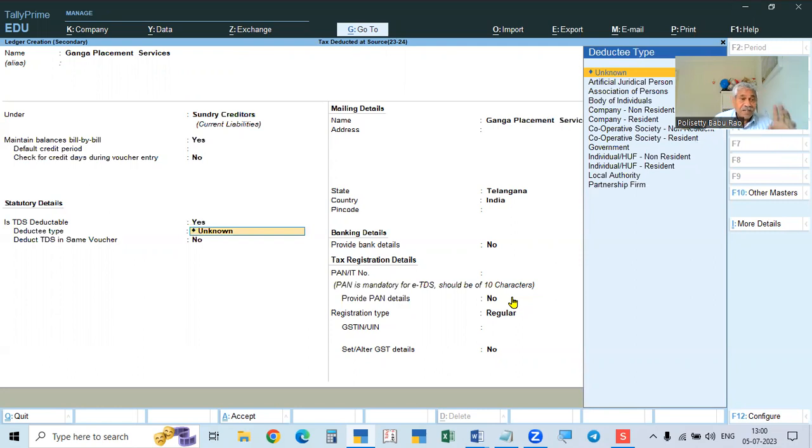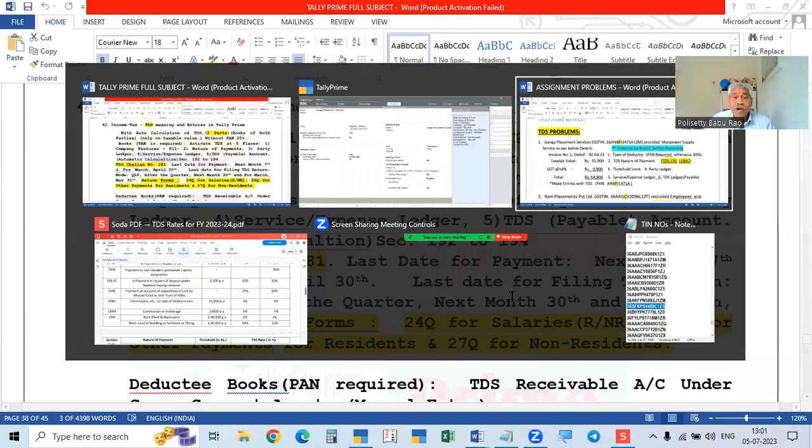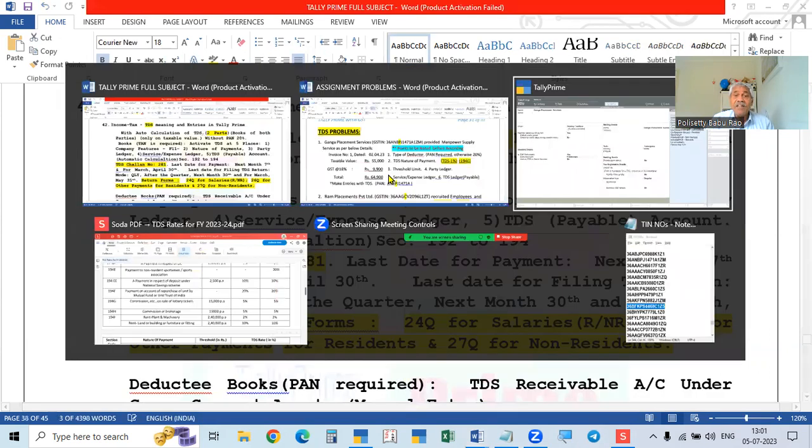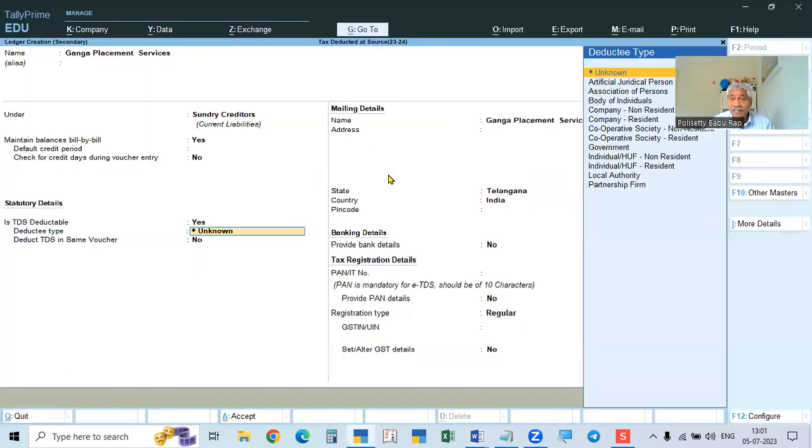This is the first one. Deductee type. What is the deductee type? You see, how will we know? Because in the registration number, the first 2 digits are the state code. After that, 10 digits will be the PAN card. In that, the 4th digit is P. P means person, that is proprietorship concern or individual. So here you have to take, a list of deductee types is given. See here, come down. Individual or HUF, residents only.